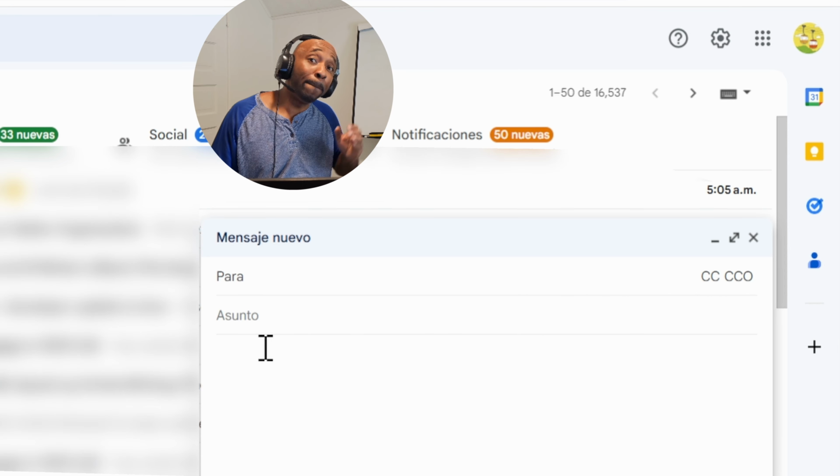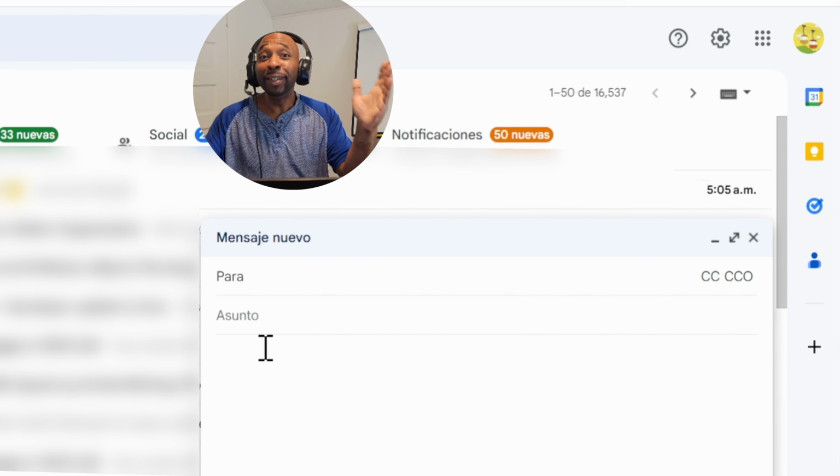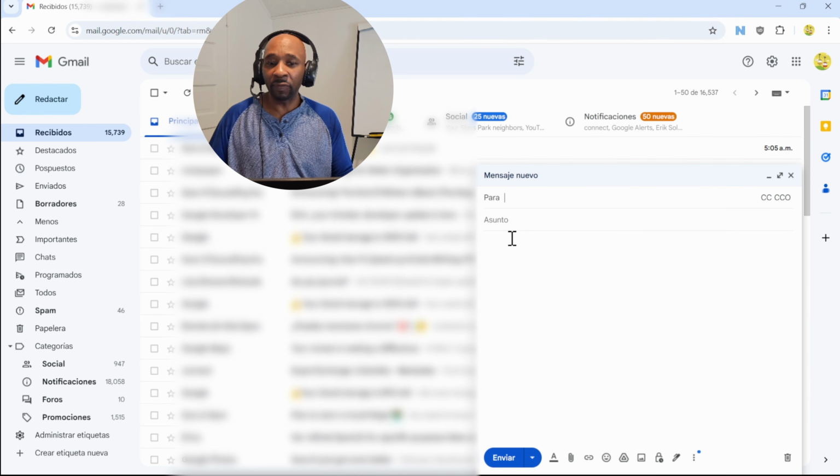So asunto must mean, right? Subject. Yeah, now you see what I'm talking about. These are familiar words in this familiar environment that you can use your context clues to learn Spanish faster. This is a great yet underutilized way to really level up your Spanish.